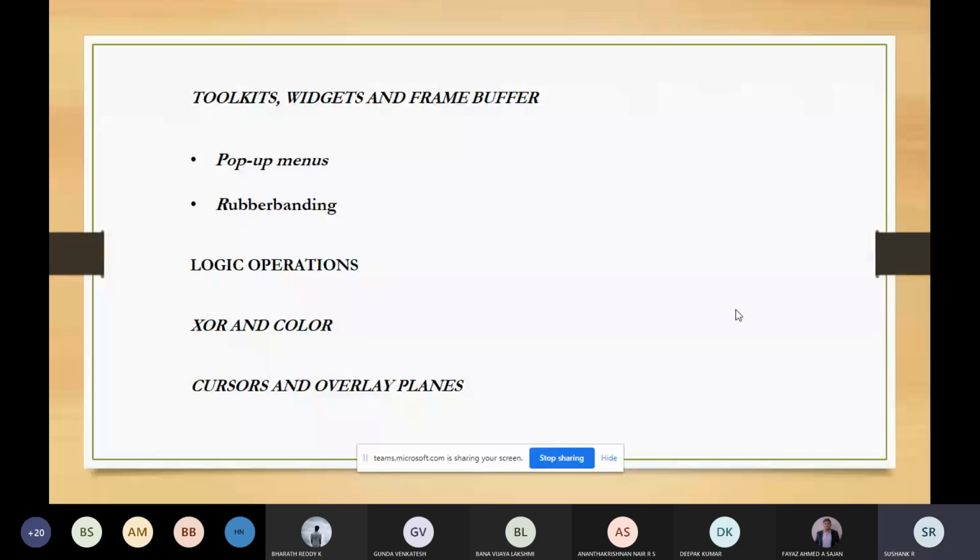Now what does the destination pixel mean? The output of this, when the logical operation is performed on the input and the read pixel, you'll get some output. That output I'm calling the destination pixel. So the pixel inside this buffer which is going to get replaced by this source pixel, we will call it the destination pixel.